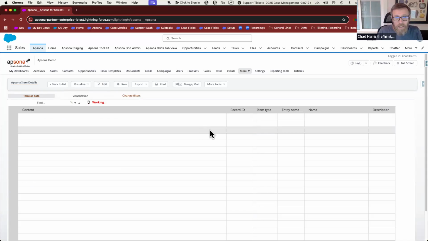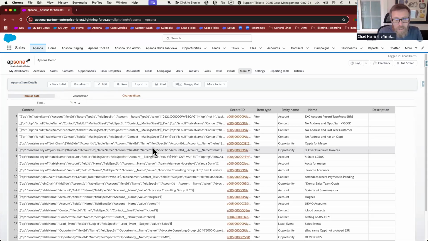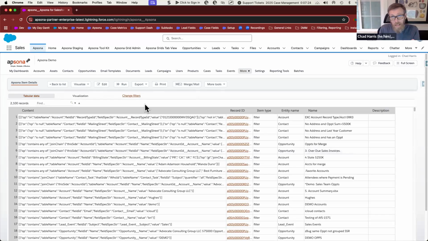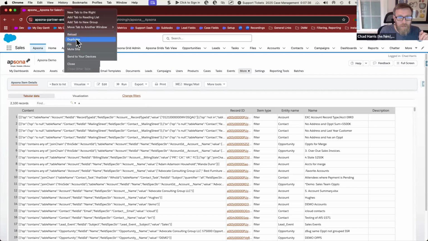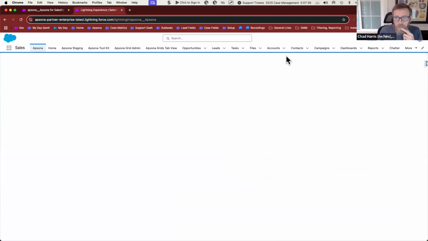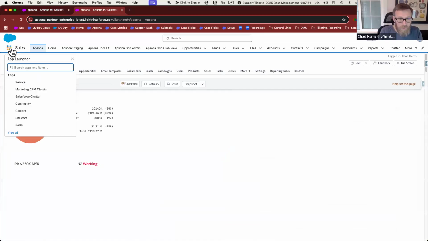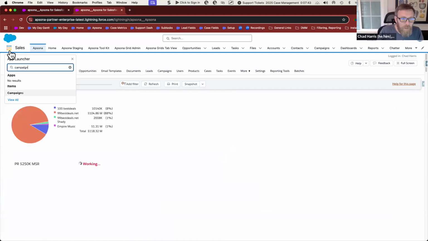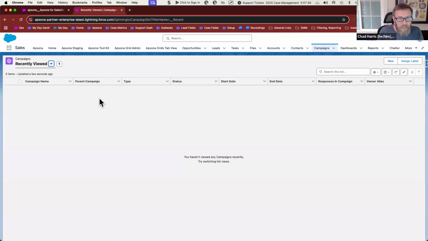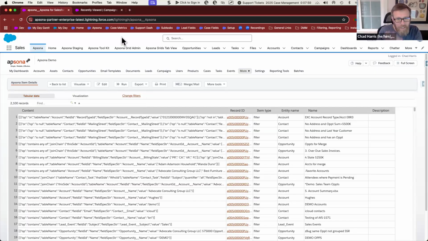And you can basically just use this report while it's in Apsona to do your work. So for example, let's say that I wanted to identify where the campaign member lookup field to the contact is referenced. Just as an example of what I'm talking about, if we were to go to a campaign member field, we'll just go to a campaign real quick and see if actually I might waste time doing this. I think I'm not going to go down that road, but if you go to a campaign member record,